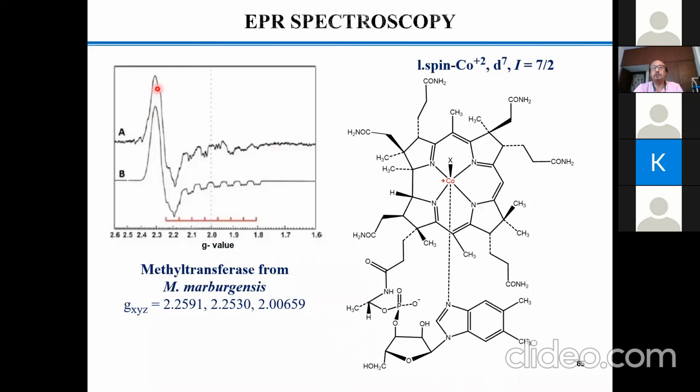But accept the fact that axial means x equal to y and z not equal to xy. That means x equal to y, not equal to z. Okay, that is, bond distances or geometry along x and y are mostly identical, not the z one. And here you see that you should expect at least 7 lines, plus these 4 nitrogens are there. Though they are different, that difference cannot be highlighted too much over here. So the 4 nitrogens mean 9 lines. So first is 7 lines and then 9 lines. So essentially, if you have one isotropic signal, that would be split